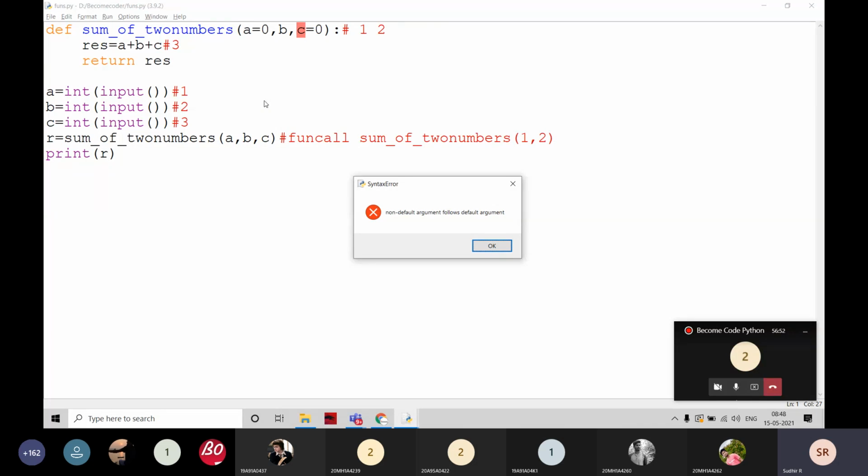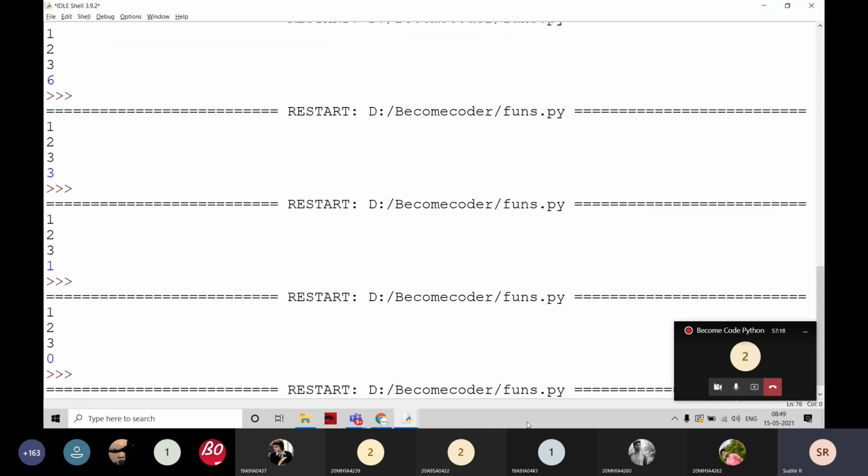Non-default argument follows default argument. That means all the default arguments must always be on the right hand side. For example, if I give like this, this is the non-default value. These non-default values are going to be on the left hand side and the default values on the right hand side, always. If I'm executing like this, this is not an error here.